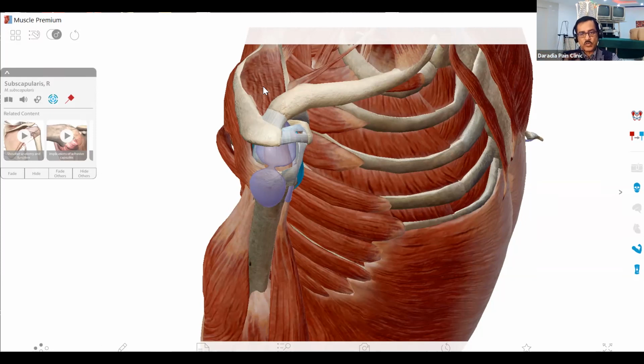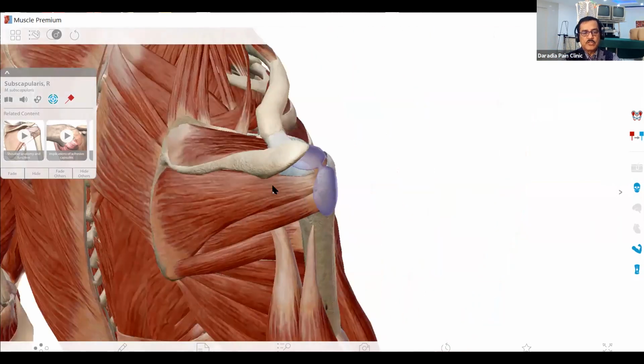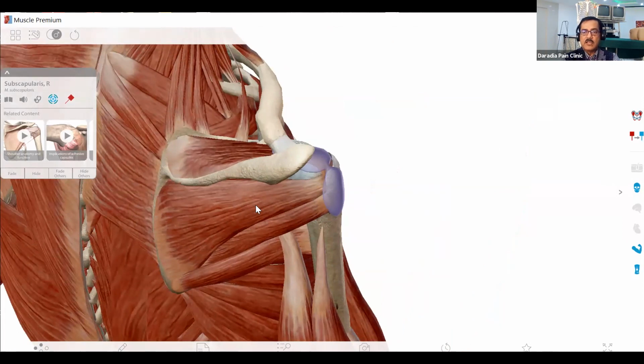Okay, so the abductor of the shoulder, the strongest abductor, the initial part of the abduction is by deltoid, but the rest part of the abduction is by, particularly the middle part of the abduction, you should be remembering that the middle part of the abduction is by the supraspinatus. The supraspinatus is coming from top, so it is the abductor. And if you are looking from posteriorly, you are having the 2 muscles, infraspinatus and teres minor, and they are the external rotators. Nerve supply, teres minor is axillary and infraspinatus is suprascapular.